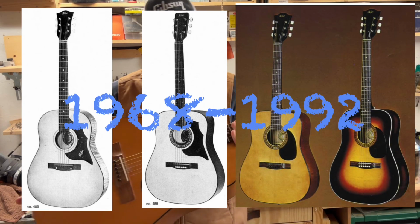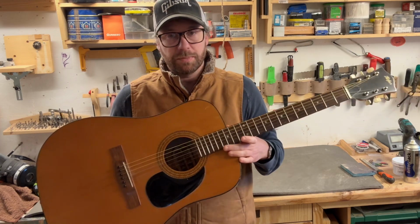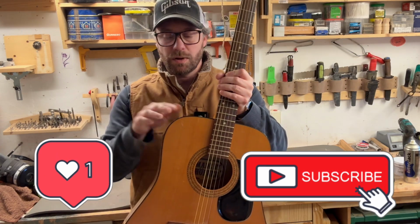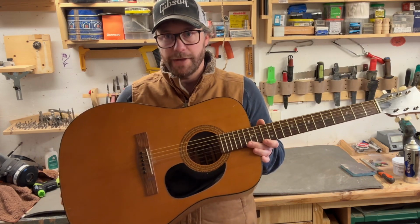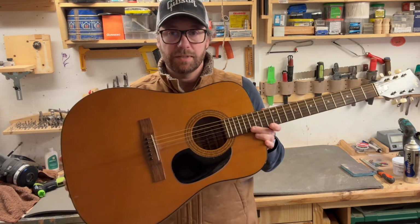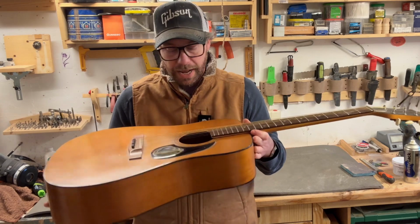Now these guitars, they don't have any serial numbers. They are very hard to date. But from 68 to 72, they have round shoulders. And this one has a square shoulder. So this one I know is later than 72. I think this is around the middle of the 70s or late 70s, based on the condition and the label